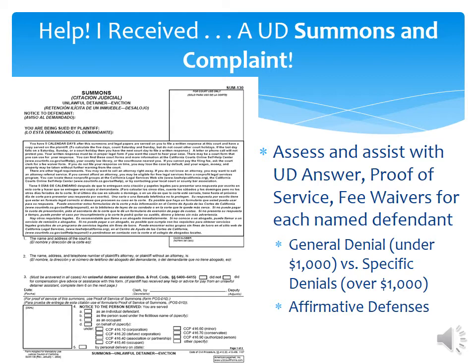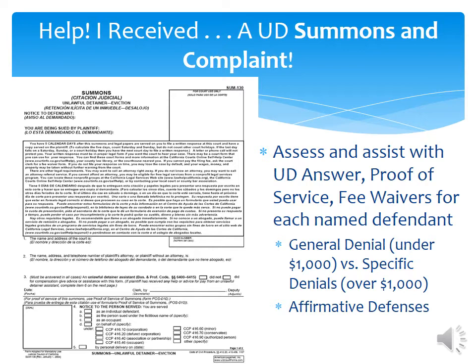The next step is the summons and complaint itself. This is the cover page for the California Unlawful Detainer, and the most important part of it is the first line within the box, the big box with all of the text that you see here. It says you have 5 calendar days after this summons and legal papers are served on you to file a written response at this court and have a copy served on the plaintiff. To calculate the 5 days, count Saturday and Sunday, but do not count other court holidays. If the last day falls on a Saturday, Sunday, or court holiday, then you have the next court date to